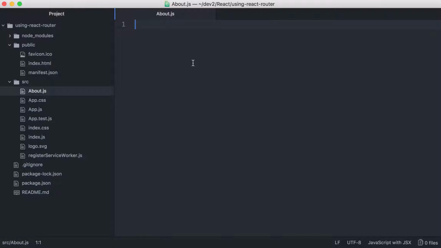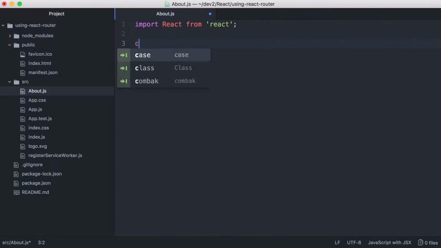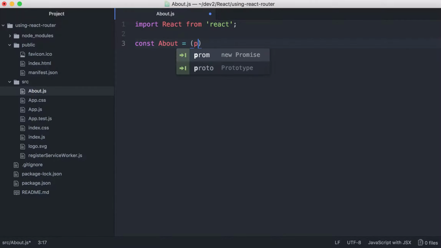So first we're going to need React. Import React from React because we're going to be using JSX. So let's make a variable and call it about. This is going to hold our stateless functional component. For stateless functional components, all we need to do is to define a function that takes a parameter that are the props passed to this component. So let's use an arrow function for that, and I'm just going to do it like this and return